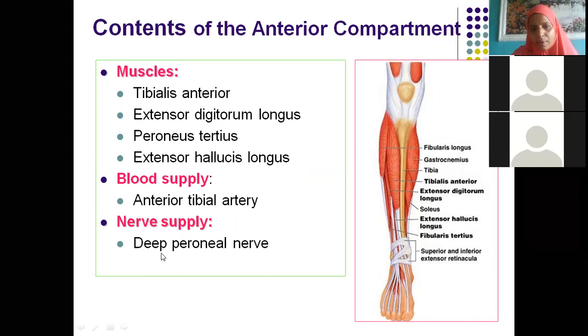Superficial is a small branch. Only two muscles are there, peroneus longus and brevis. Deep peroneal is a little thicker. You try to recollect your dissection knowledge. What you did then: in front you will see deep peroneal, behind it the tibial nerve, the posterior tibial compartment. Very good. The posterior compartment of the leg is supplied by the tibial nerve.